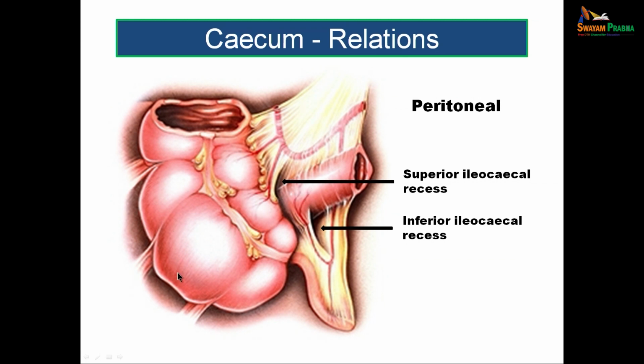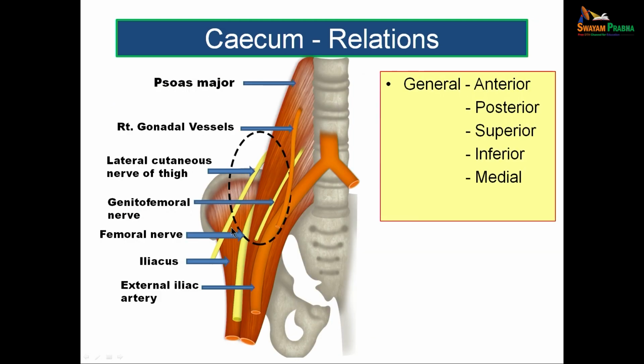So, the cecum is completely covered by peritoneum. Occasionally, it has a mesocolon suspending it, then it becomes a mobile cecum. Because of its complete covering by peritoneum, you find a small recess behind the cecum itself, that will be the retrocecal recess. When we look at the general relations of the cecum, you find anteriorly it is related to the